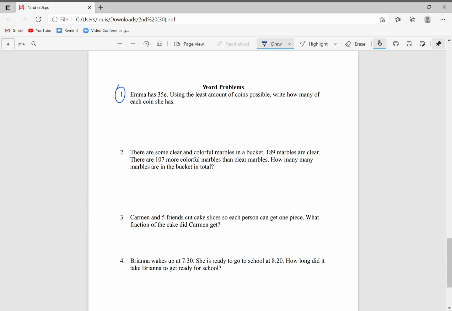Now, we went over coins before in which we have the penny, which equals 1 cent. The nickel, that equals 5 cents. And the dime, that equals 10 cents. And the quarter, that equals 25 cents. So we've gone over each of these coin values, and we want to figure out how many of each coin